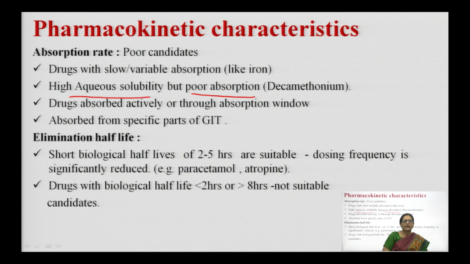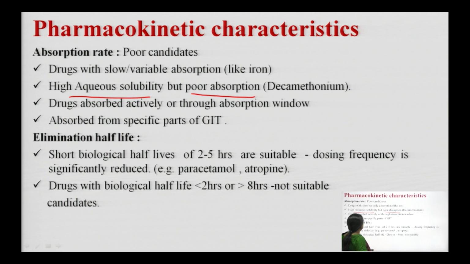Then the third type of drugs, drugs absorbed actively or through absorption window in the small intestines. Absorption window is basically existence of certain carrier systems in the intestines, a group of carriers which forms a window for active absorption of a particular drug. So, they will lead to comparatively higher absorption rates. Thus, these drug candidates are not suitable for formulating as controlled drug delivery systems, because as soon as the drug would be released, it would be absorbed and drug therapeutic action cannot be controlled.